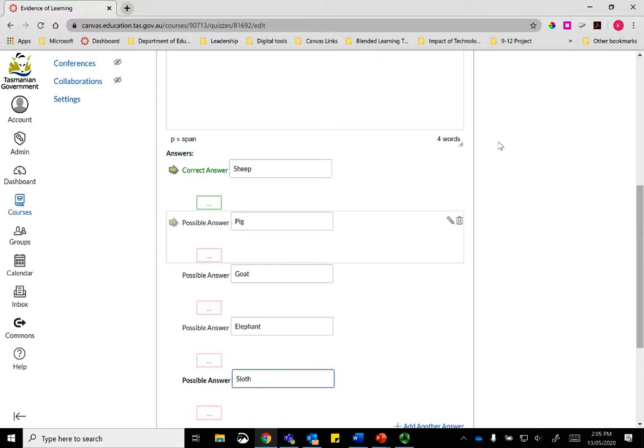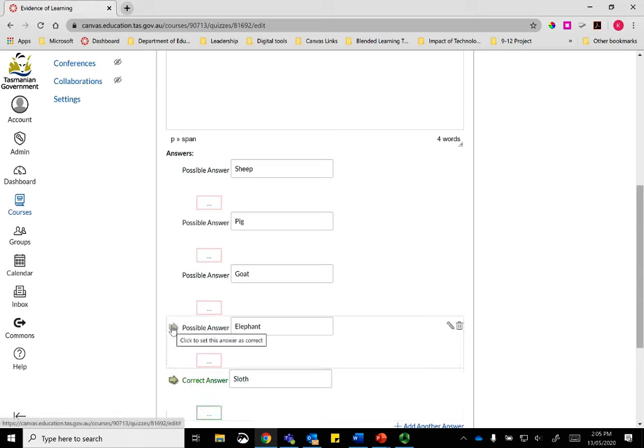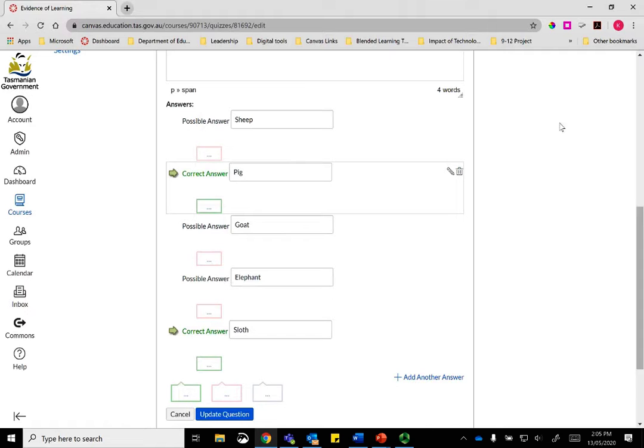It is now the opportunity to provide which answers are the correct answers. When you're providing the correct answer, you can just click it on or off. In this case, it's all possible answers. If I put down the additional ones, so in this case, a pig and a sloth are both examples of omnivores. Because students need to get both correct answers correct to be able to score the points for this quiz question,